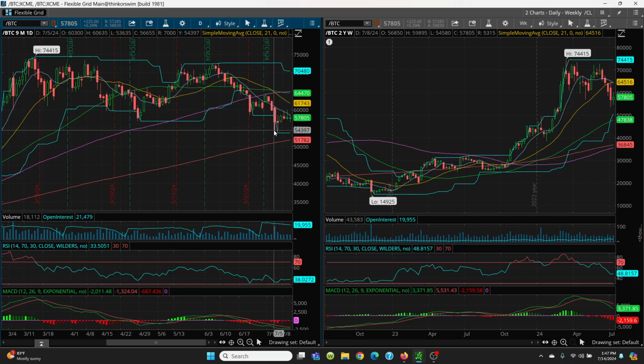Okay, so let's take a look at the upside first. These are going to be big numbers, so we just have to adjust. The first is 58,317. That is going to be key on a closing basis. If we can get above that, then we'll look to this high here, you're looking at